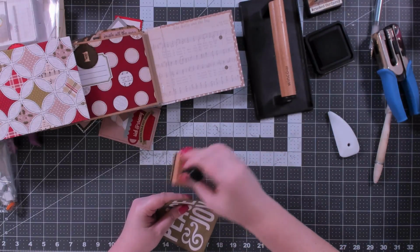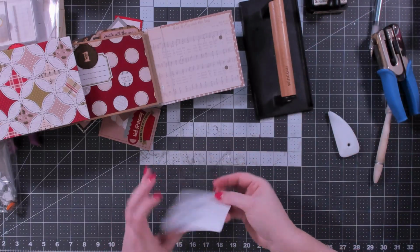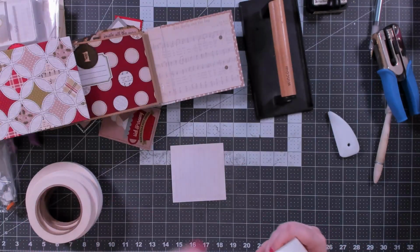All right. So with this one, I'm going to put a 1-inch piece of tape on the edge where the